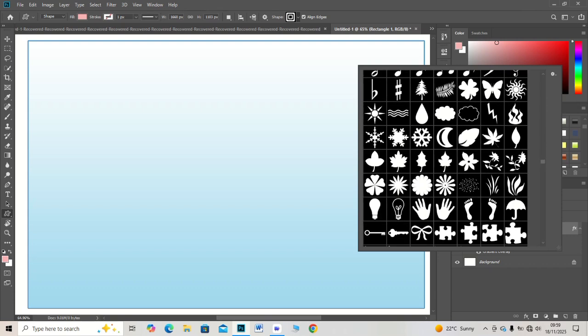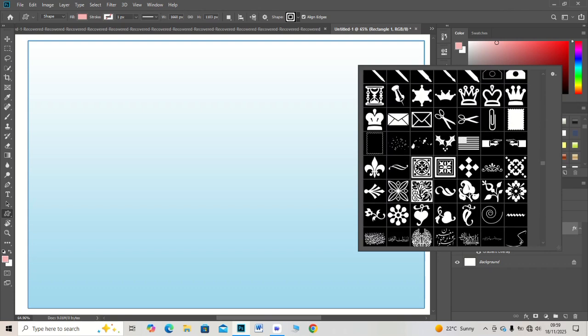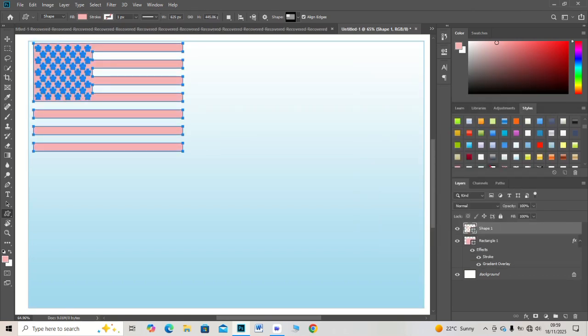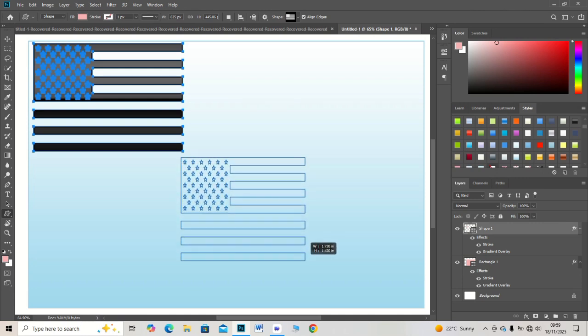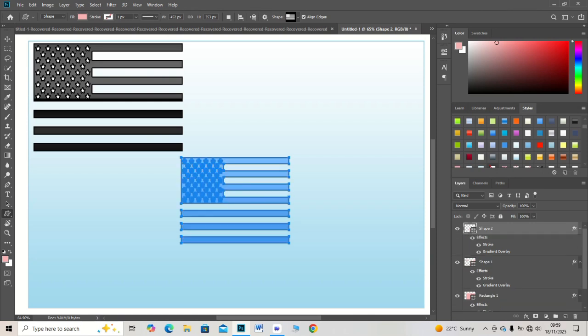Today we are using color dynamics to create energetic paint style strokes. Start by selecting a soft round brush from the brush panel. Open the brush settings window and locate color dynamics. Turn it on to activate dynamic color transitions and also increase hue jitter to introduce shifting color as the brush